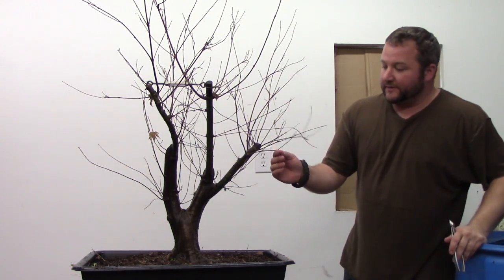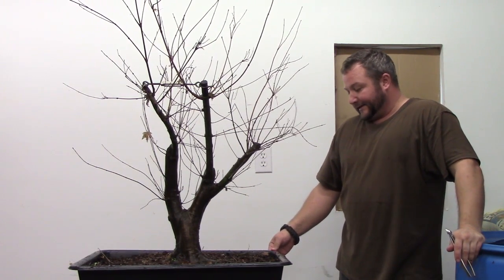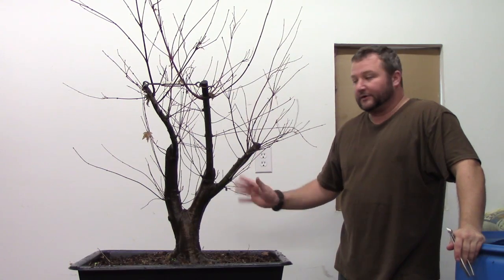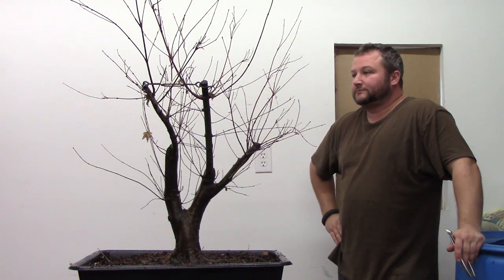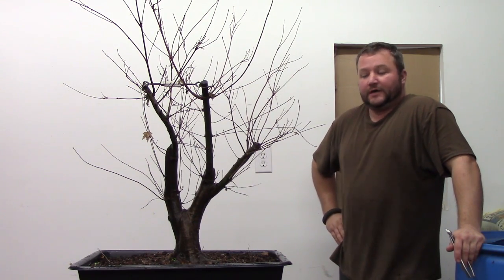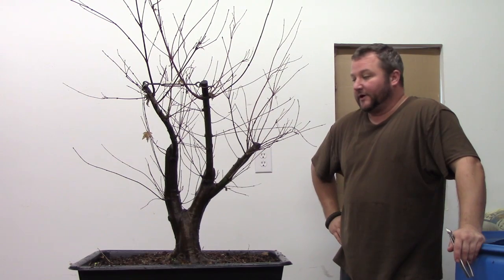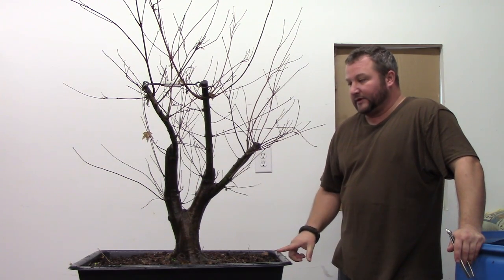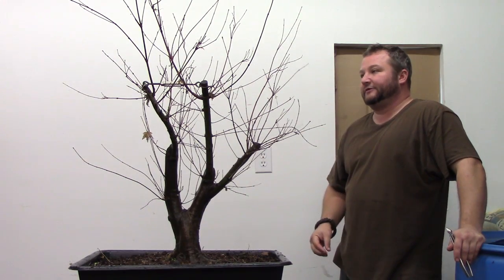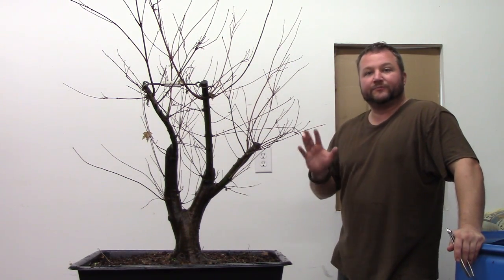Today in the workshop we have, this is just a green Japanese maple. Not to understate it or anything, it's a common green leaf Japanese maple. I didn't have one in my collection, and I was lucky enough to find this one. It's got a really nice trunk, it's got really nice nabari, and if you remember last year we transplanted it into this growing container and we cut all the tops off and let it do its thing this past growing